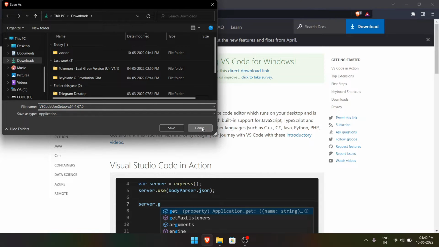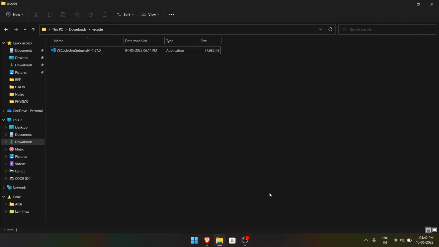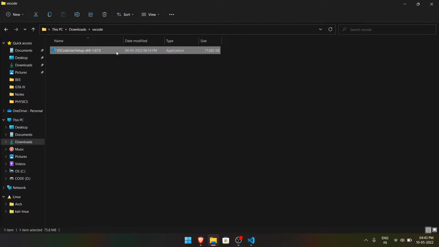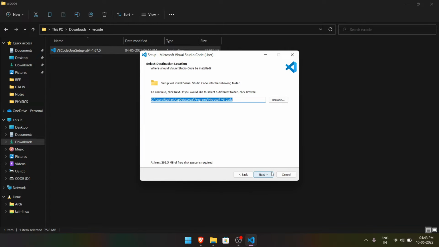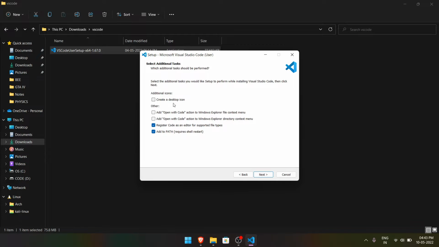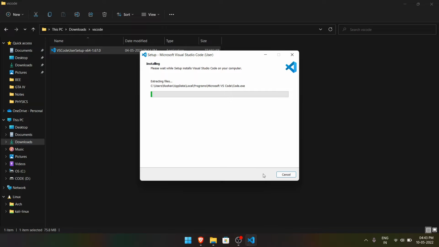I have already downloaded it. So here after downloading, open the setup file. I accept, next, and keep it default. If you don't want a start menu folder, click it. I don't want it, and you may leave it as it is. And if you want a shortcut icon on the desktop, you can check this option. Next, and install,